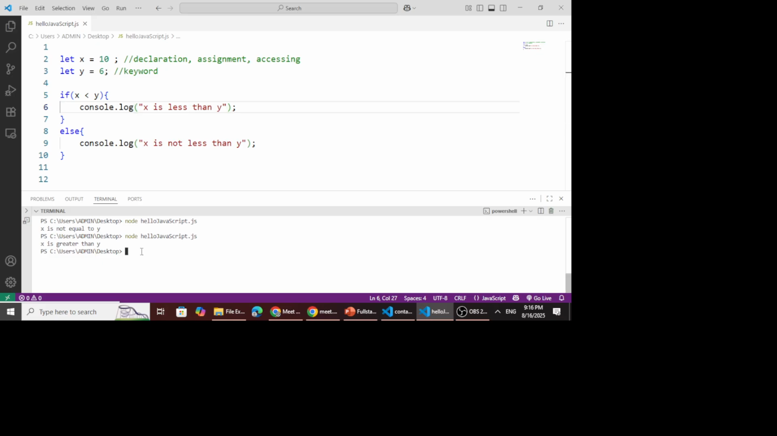Again, when you run the program, you will see that it prints here x is not less than y, because 10 literally is not less than 6. Alright,